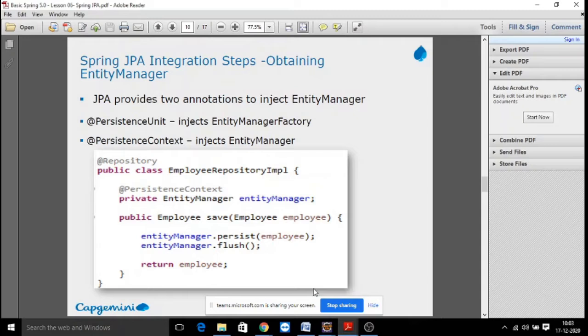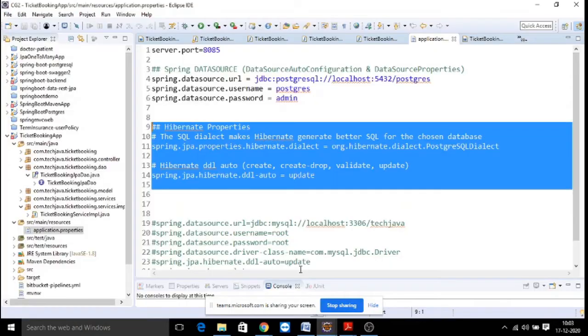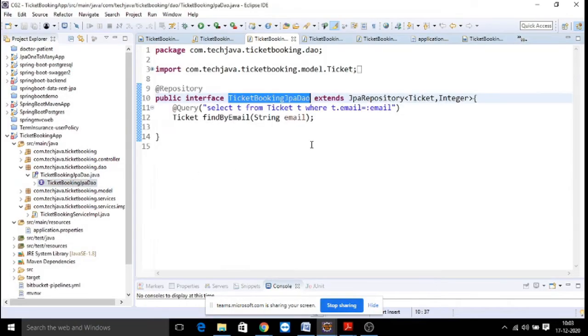Then, to load an entity manager and entity manager factory into JPA applications, we'll be using special annotations called @PersistenceUnit and @PersistenceContext. This is not integrated with Spring Data JPA, right? It is a plain JPA application. But when you are integrating with Spring Data JPA, you will just directly write with the JPA repository.